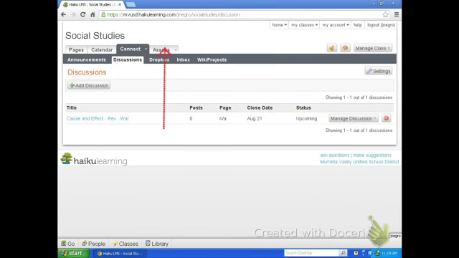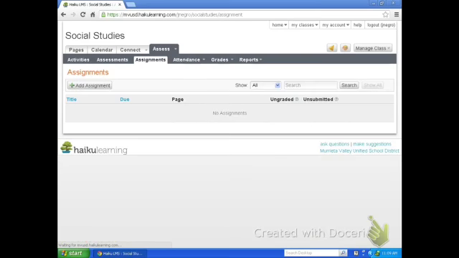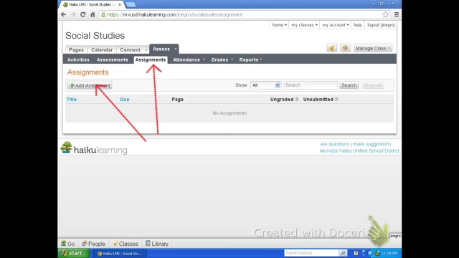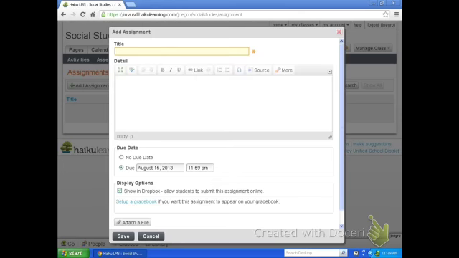From here, we want to click on the Assess tab. Now that we clicked on the Assess tab, I'd like to click on the Assignment tab. From there, you want to add a new assignment: just click on the Add Assignment button. So at that point, add an assignment. Let's just say this assignment is building off of the class discussion. I want to do a cause and effect essay. The description is: